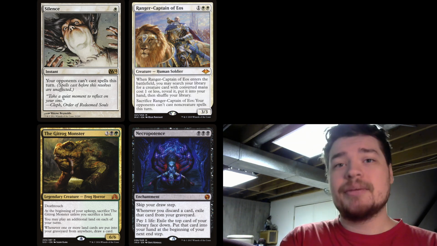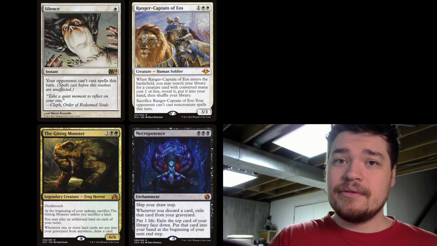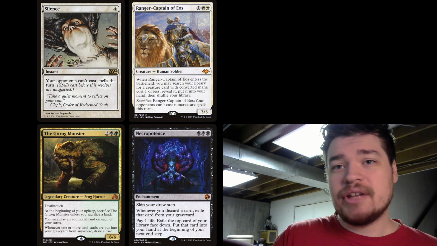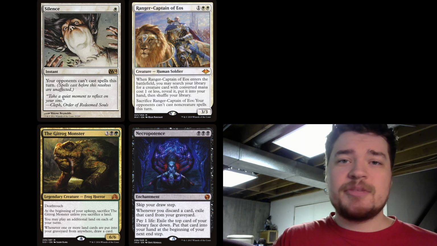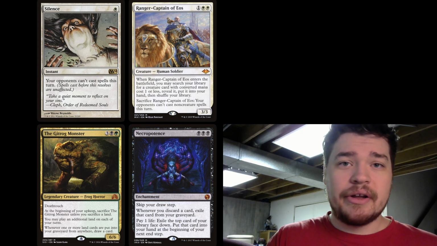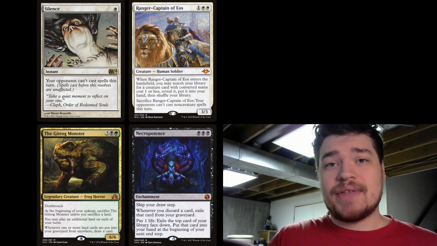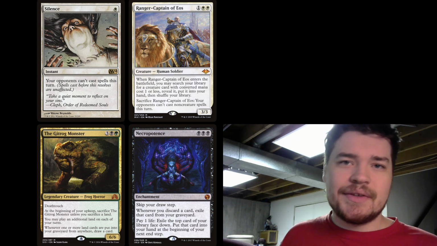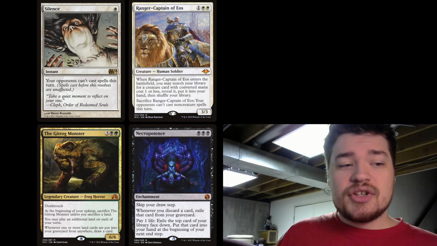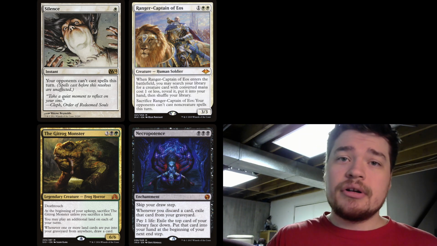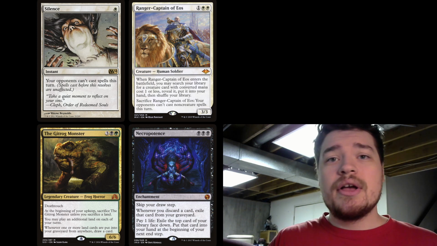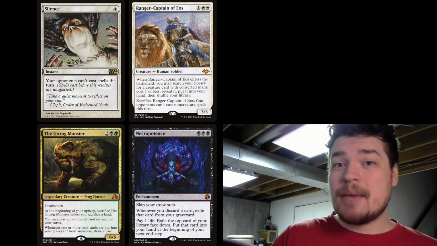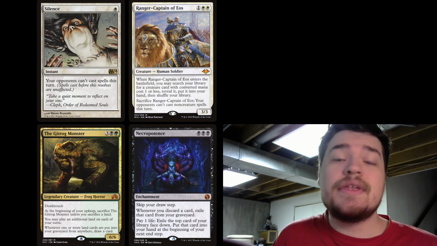The other thing that happens in the cleanup step is that damage effects wear off, so if somebody Lightning Bolts your 4/4, that damage wears off during the cleanup step. But also, things that specify this turn or until end of turn effects end. Because of that, if somebody casts a Silence, or they sacrifice a Ranger-Captain of Eos, or something along those lines, on a pivotal turn for you, so long as you have something that can create a trigger in your cleanup step off of discarding cards, then you can still cast spells after the Silence or the Ranger-Captain of Eos sacrifice has happened.